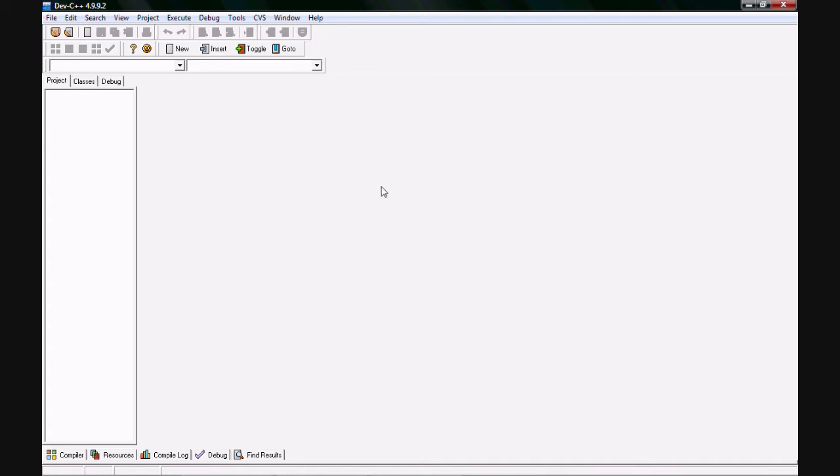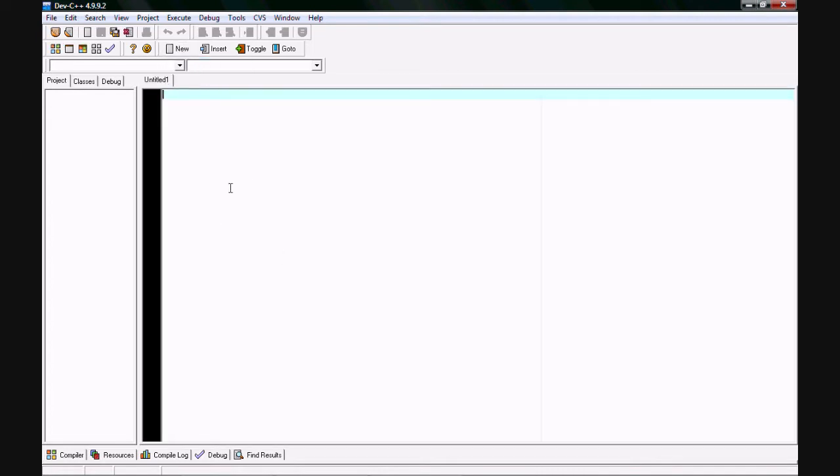So we're gonna jump right in, and I'm gonna teach you basically the first program most programmers write, and it's called the Hello World program. So first of all, we're gonna click New, and then we're gonna click Source File, and this little page opens up here. So let's jump right into this. The first line we're always gonna write is the include